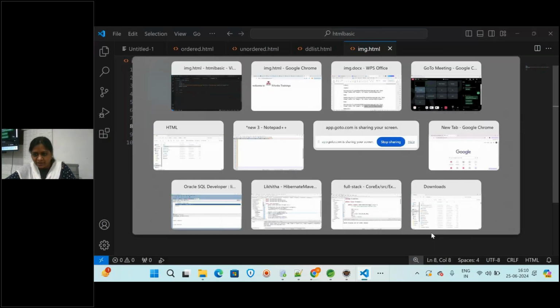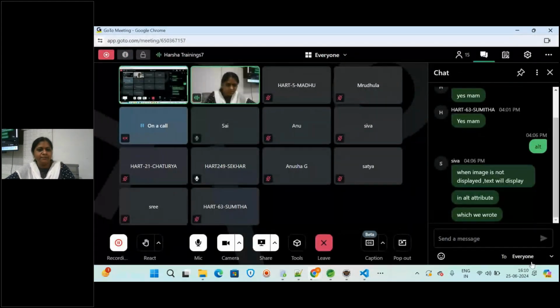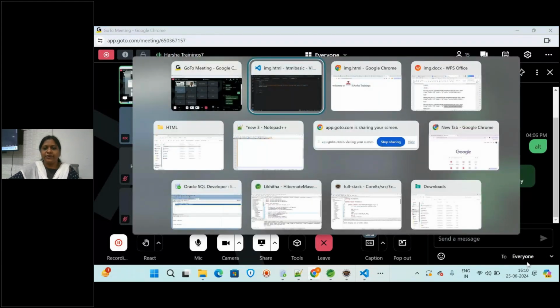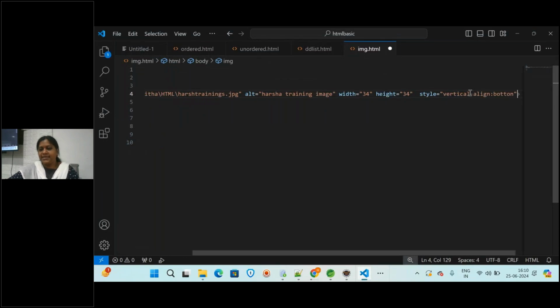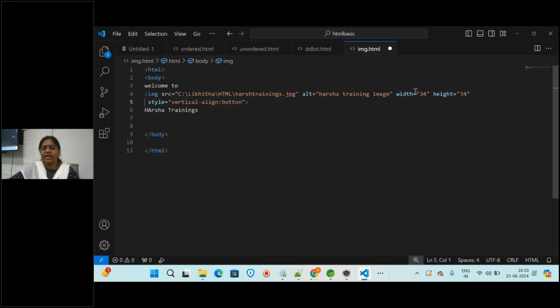So any doubts? Okay, now let us update the code. Whatever you are writing here, along with this, you can write one more attribute, that is style. In the style, you are writing the alignment, like vertical align bottom.